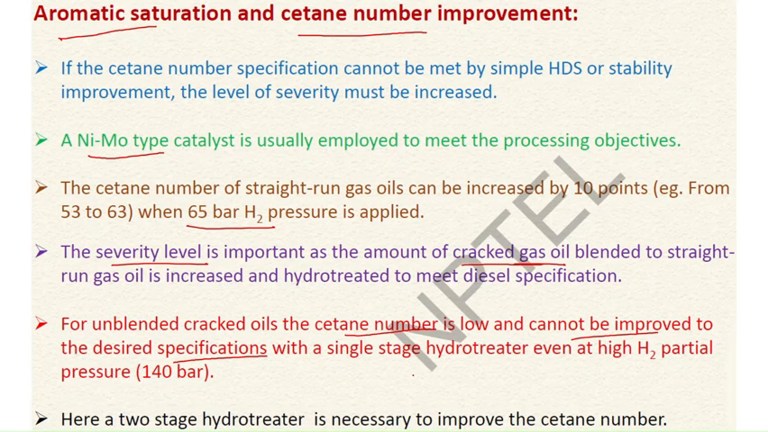It becomes very important to increase the severity because we cannot improve the cetane numbers by less severe hydrotreatment operation. But in case only cracked oil is used, then even that high severity hydrotreatment becomes ineffective. In that case, single stage hydrotreatment becomes ineffective, and two stage hydrotreatment is necessary to improve the cetane number. Okay,